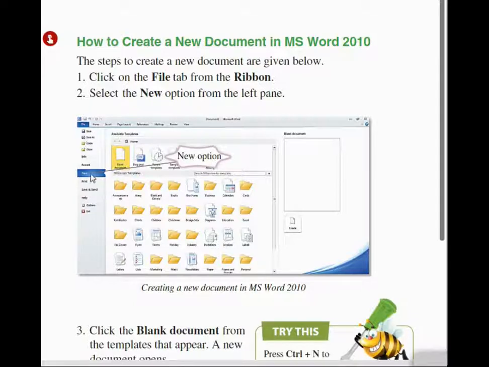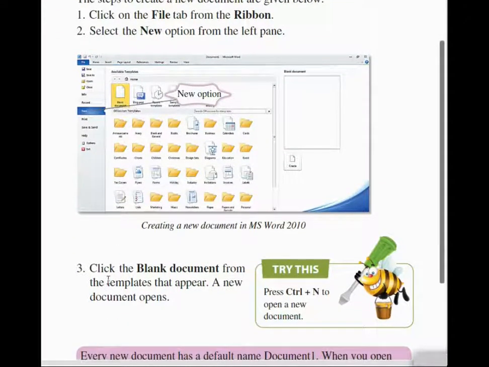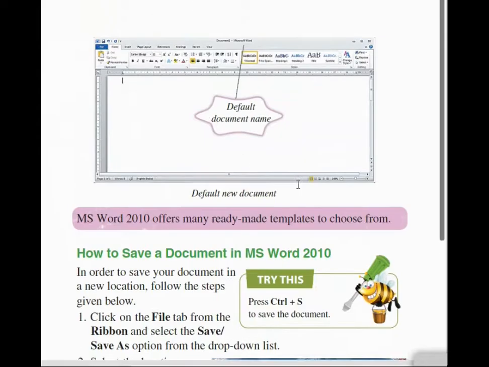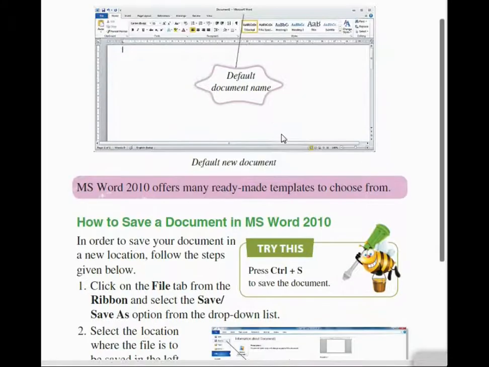From that menu you have to choose the new option and click the blank document. Once you click blank document, an empty MS Word window will appear like this. The default name of the document is Document 1.